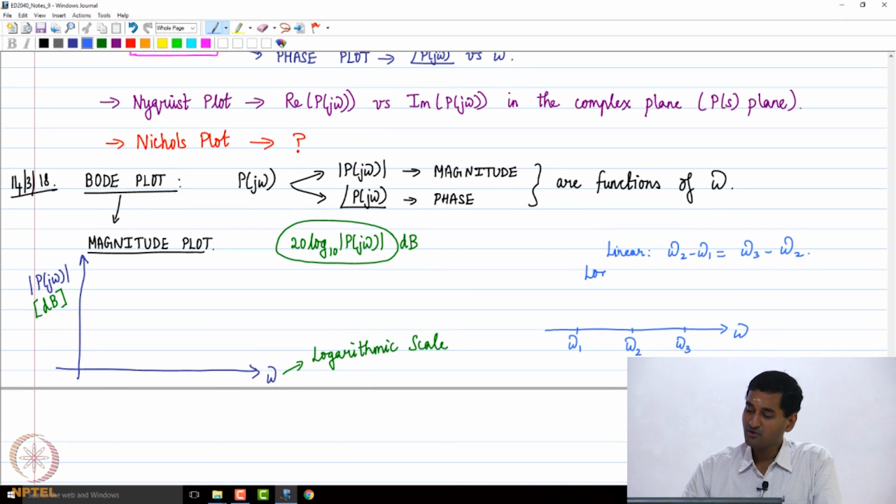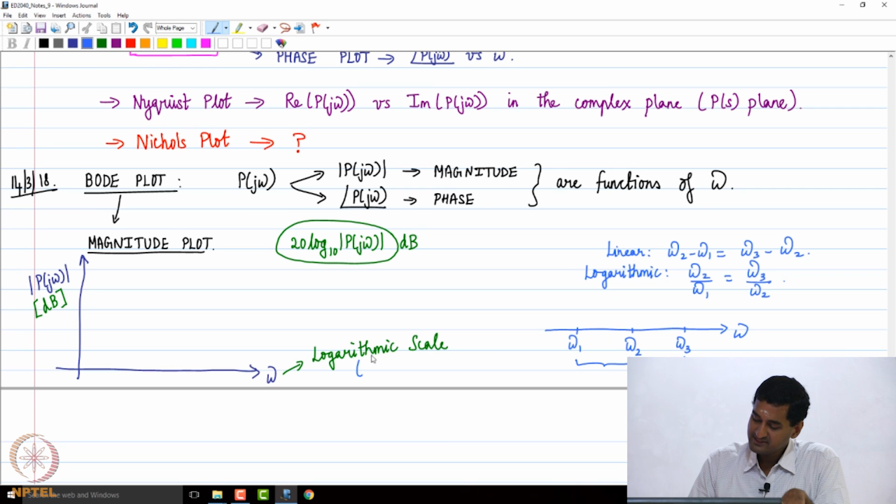On the other hand, if I use a logarithmic scale, what can I interpret? So these are equidistant, right. So the distances are equal. So if I use a logarithmic scale, the ratios are going to be the same, right. So if I use a logarithmic scale, omega 2 by omega 1 is going to be equal to omega 3 by omega 2, right. So now, in the Bode plot, in the x-axis or the abscissa,